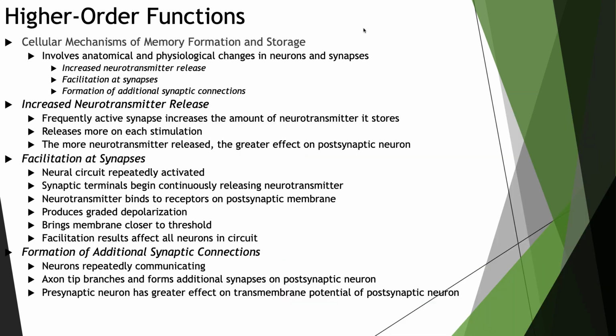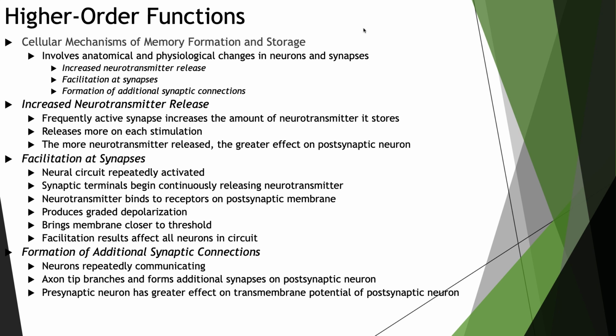Memory consolidation at the cellular level involves anatomical and physiological changes in the neurons and synapses. For legal, ethical, and practical reasons, scientists do not conduct much research on these mechanisms with human subjects. Research on other animals, commonly those with relatively simple nervous systems, has indicated the following mechanisms may be involved. Increased neurotransmitter release. So, a synapse that is frequently activated increases the amount of neurotransmitter it stores and releases more